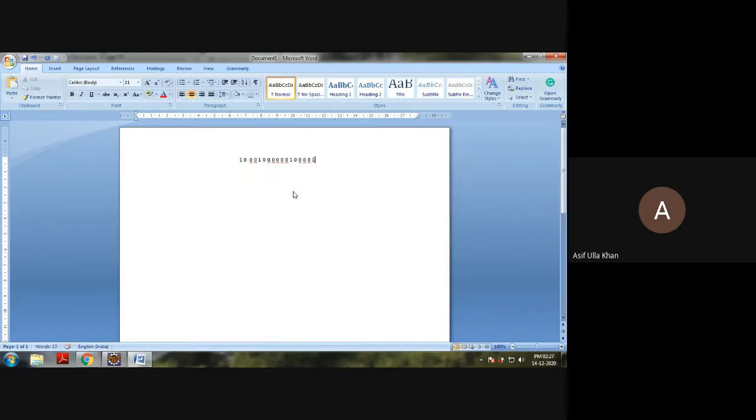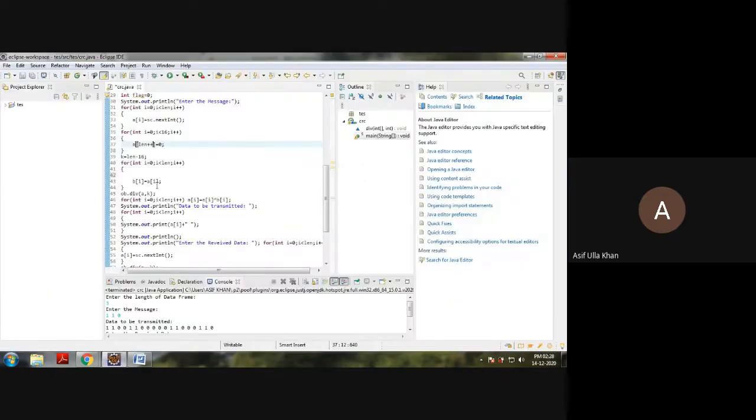So if this is what my generator is, I want to enter the data. For this data, how many bits do I need to add? 16 bits. This is what we discussed in the logic. So 1, 2, 3, 4, 5, 6, 7, 8, 9, 10, 11, 12, 13, 14, 15, 16. Now I need to start with my computation. The same thing I am doing here: I'm incrementing the length and adding the 16 bits towards the data to be transmitted.